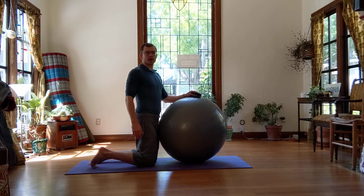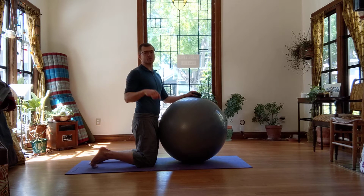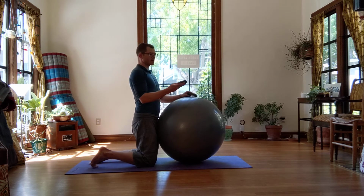These are Trap3 raises on a yoga ball. Trap3 is the lower trapezius muscle. So these are